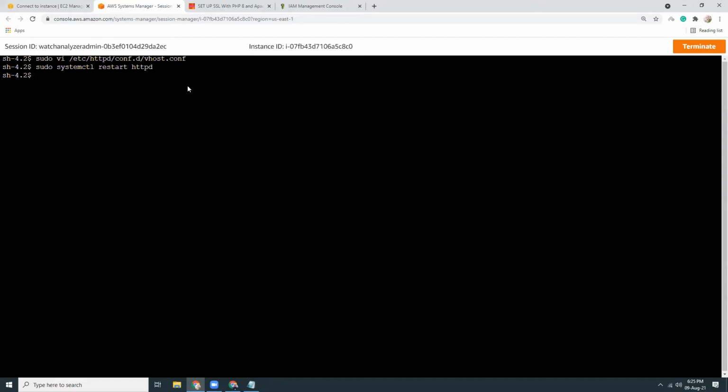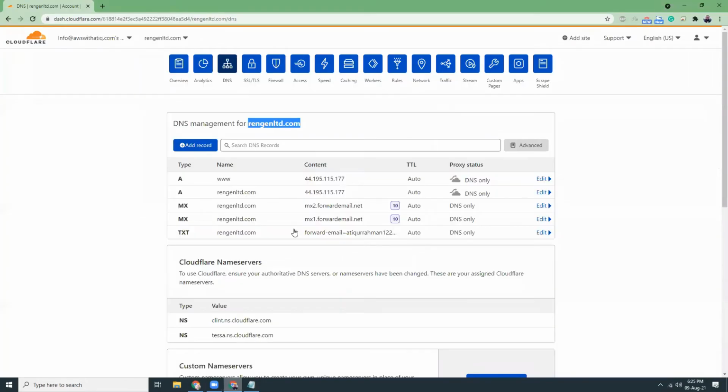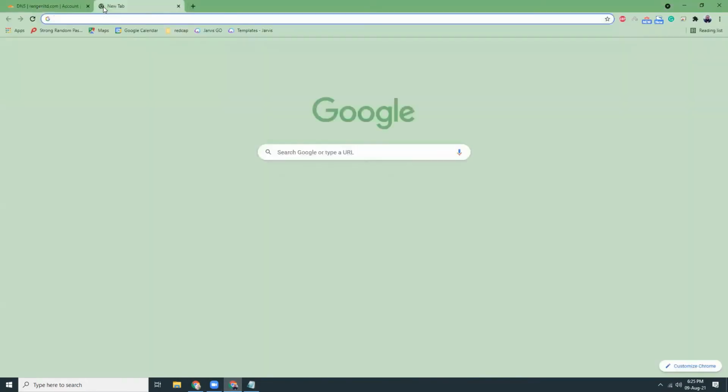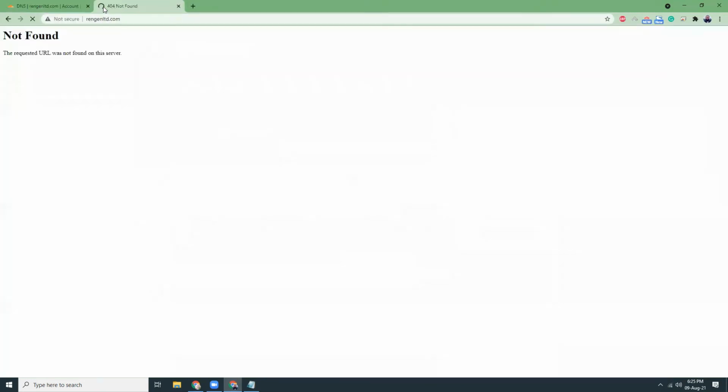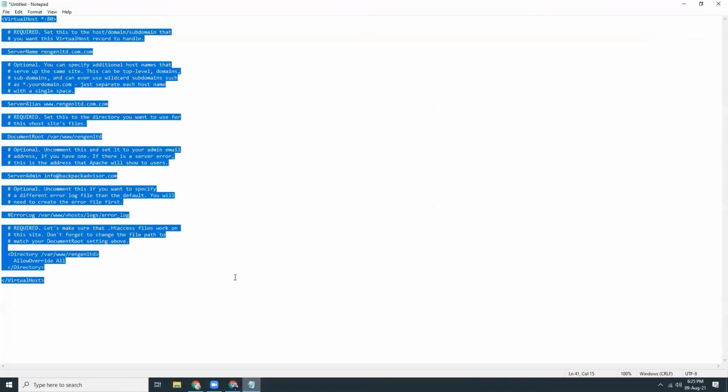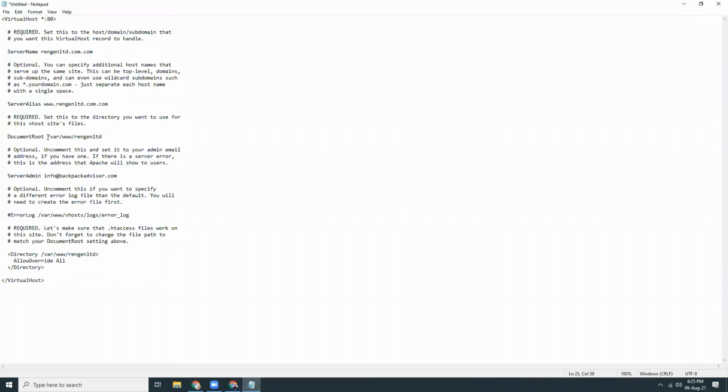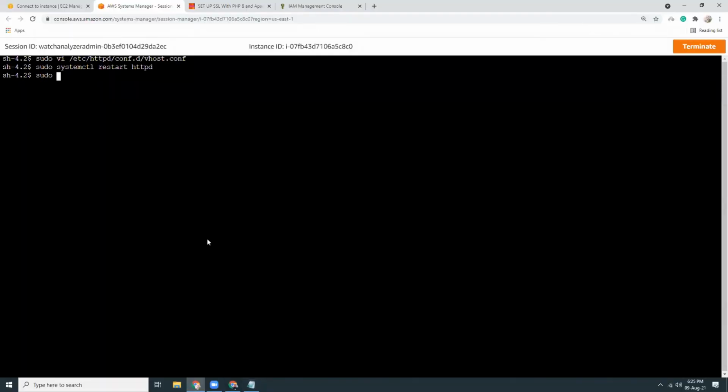Okay. Let me now check if the site is working fine. So, okay, URL not fine. The reason is we haven't created this folder for the domain. So let's create that folder. Sudo mkdir, here, sudo vi index.php.